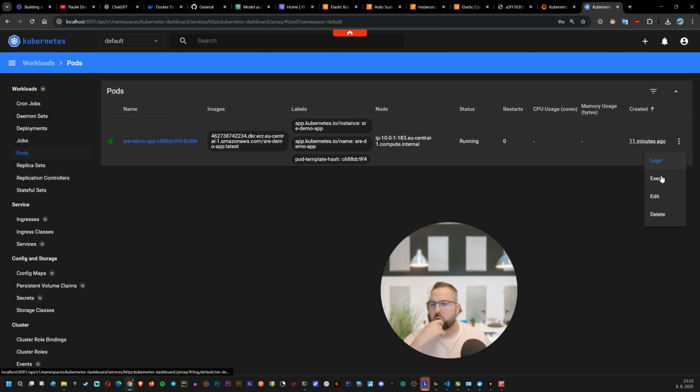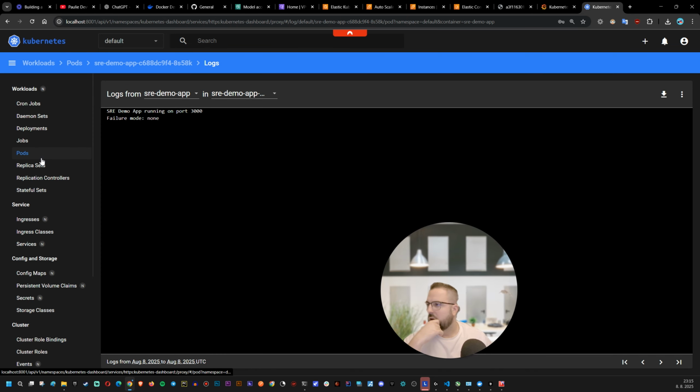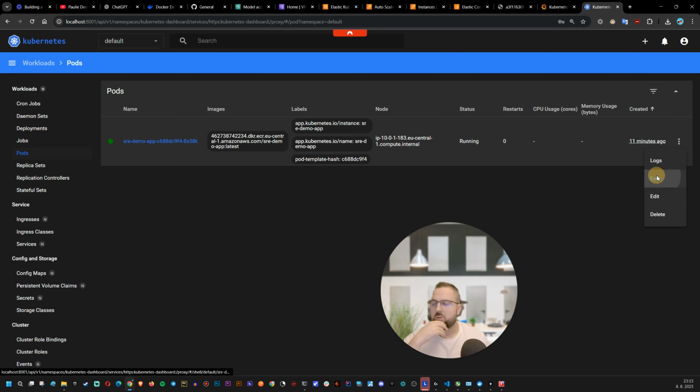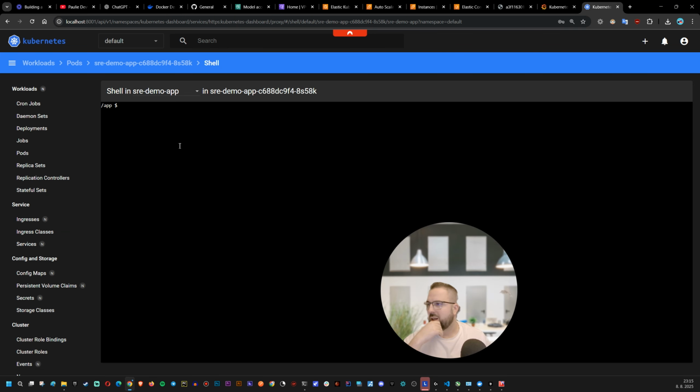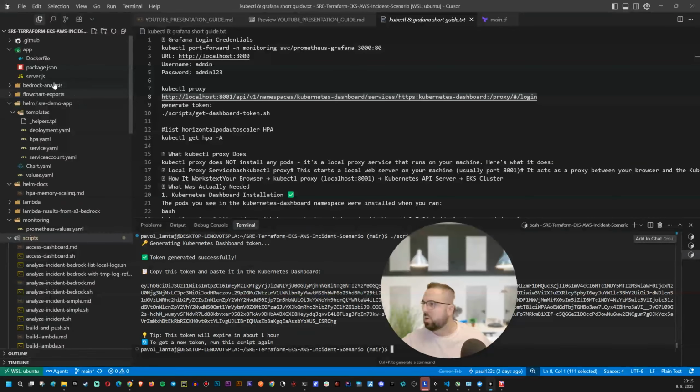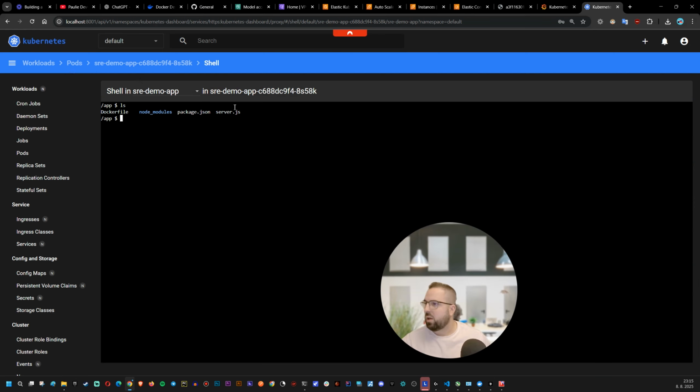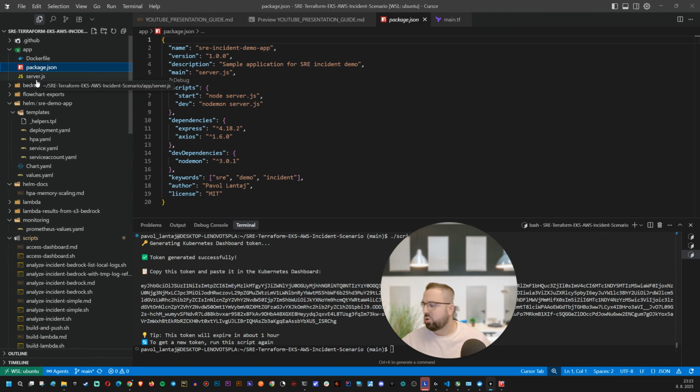Yes, and here you could see the logs, or you could go into the terminal and see how it looks. You see we are having our node_modules, and we are having our package.json, and server.js is just this